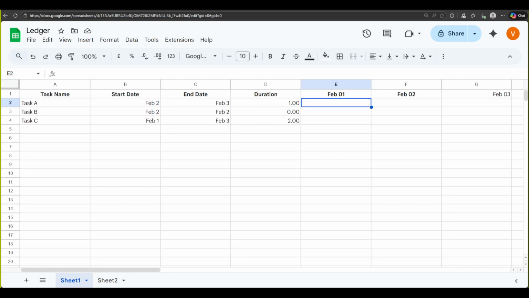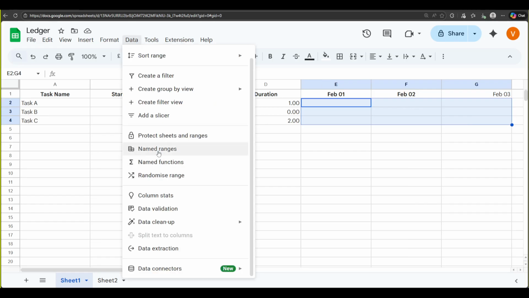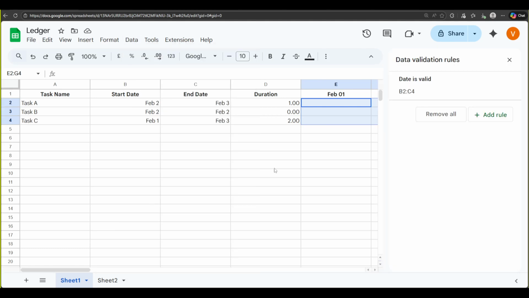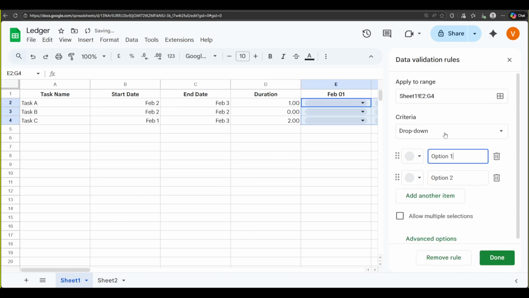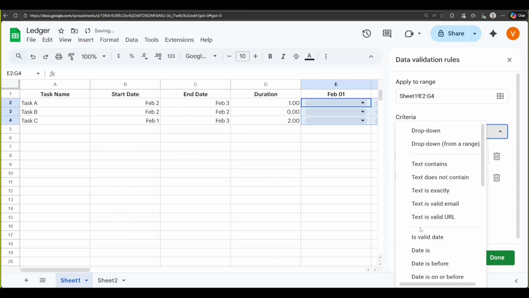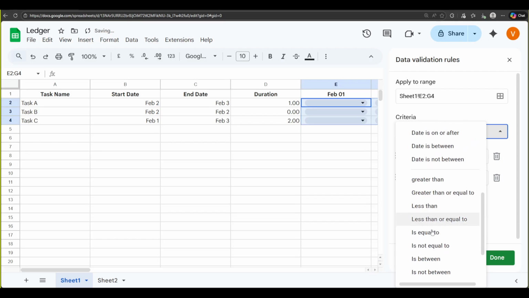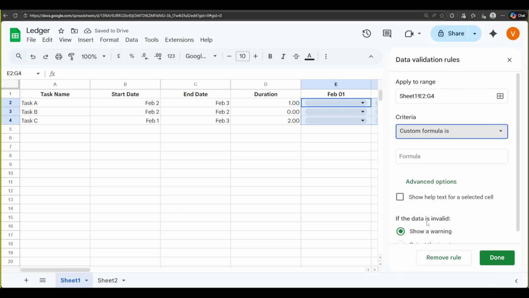Now for the automation, highlight the entire timeline grid for your tasks, starting from the first timeline cell in the first task row, for example F2, and extending rightward to your last date and downward to your last task. Go to Format, Conditional Formatting, and under the rule type, choose Custom Formula Is. Enter the formula =AND(F$1>=$C2, F$1<=$D2). This tells Sheets to fill a cell if the date in the header row falls between that task's start and